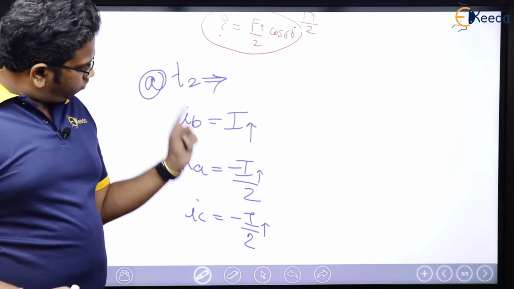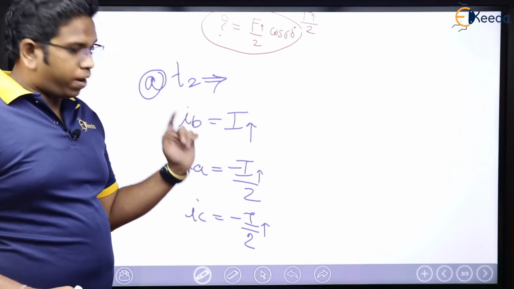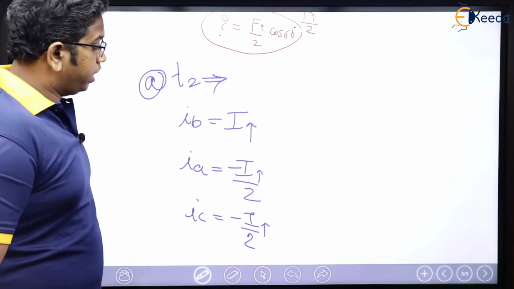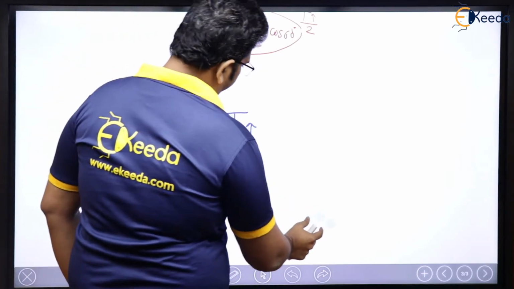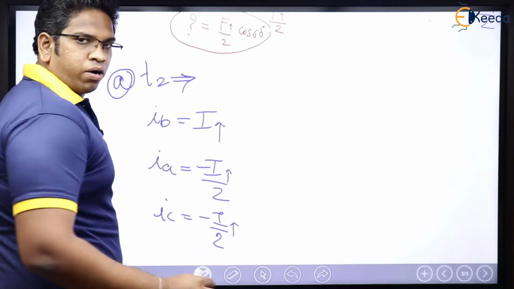We know that whenever one particular current is at maximum, the others are going to be half of negative maximum. We have already studied this. Now, let us try to describe it in a figure. Come on, fast, very fast.